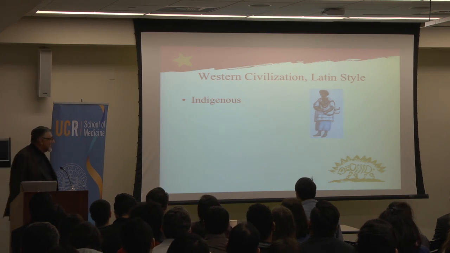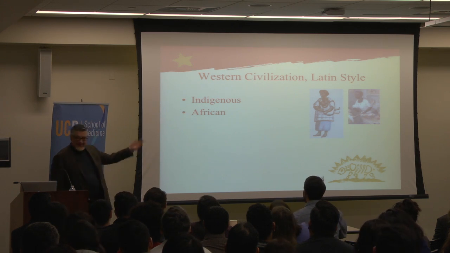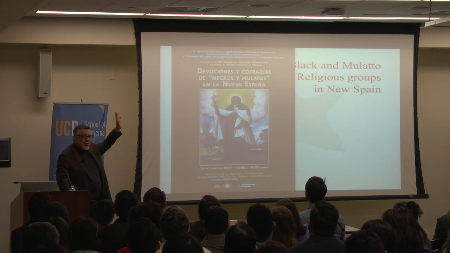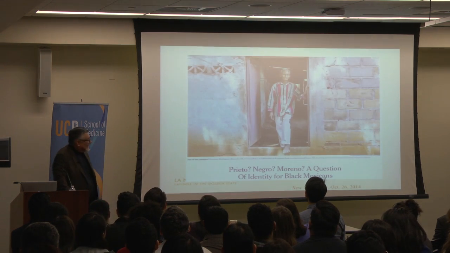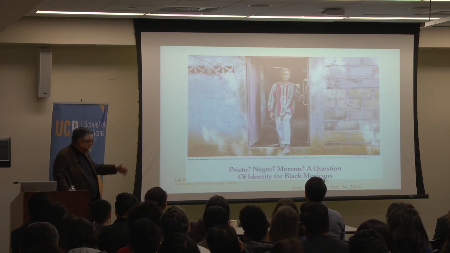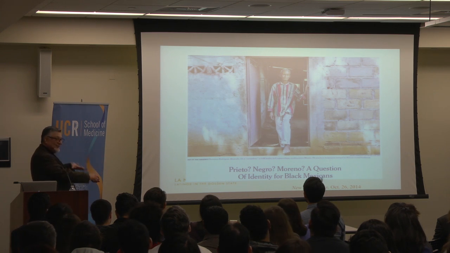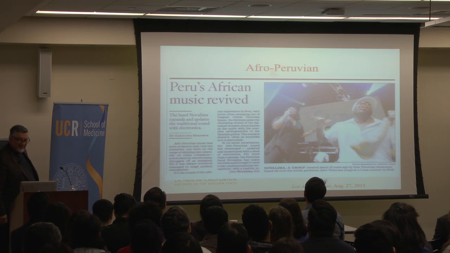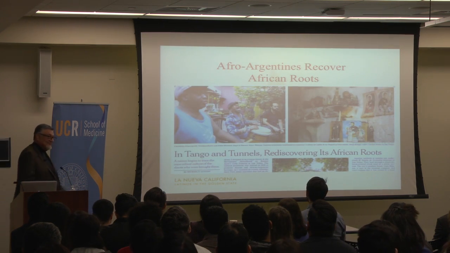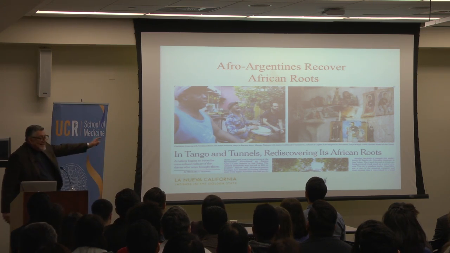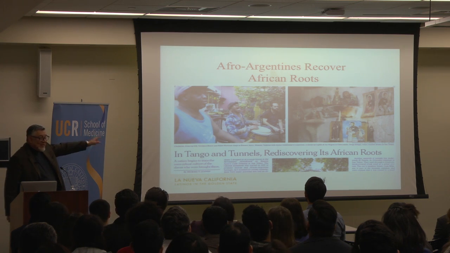Hundreds of years, okay. But on top of that, then, you had huge African immigration all over Latin America. And now in Latin America, they're beginning to understand maybe we need to find out who is of African origin. So in Mexico, is it Prieto, Negro, Moreno? Or how do you say African American in Spanish? Peru. For peace sake, Argentina, right? Un pedazo de Europa in America Latina, not so European. In the 1825 census of Buenos Aires, there were more African origin than Europeans in Buenos Aires.